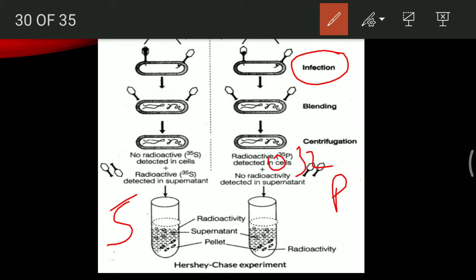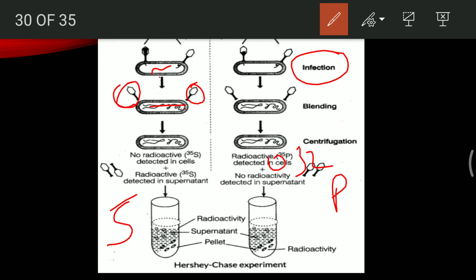And the first test tube, which contained the protein one, infection was given to the bacterium, and the DNA now had the presence of radio labeled sulfur. Is it possible that the DNA can be radio labeled? No, because protein was the one which contained the sulfur. So here the protein coat is the one which is falling off. It is only the genetic material, that is the DNA of the T2 phage, which will be entering the genetic material of the bacterium. So the protein fell off along with the radio labeled sulfur.